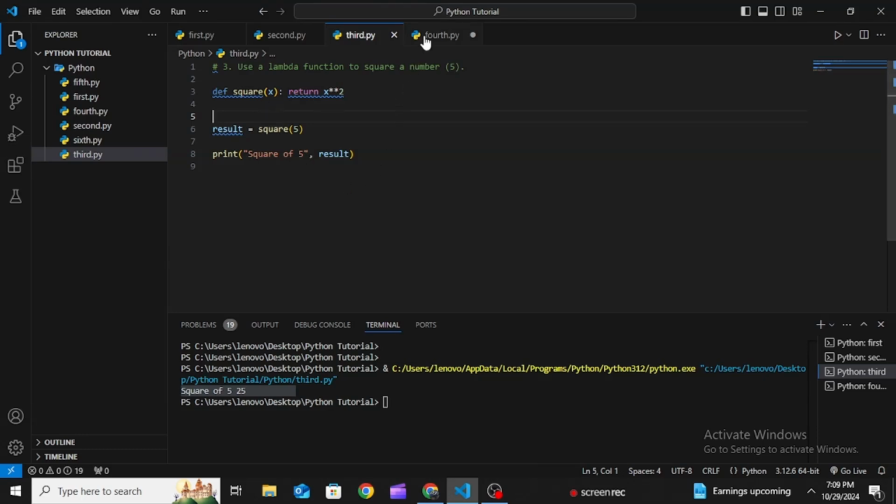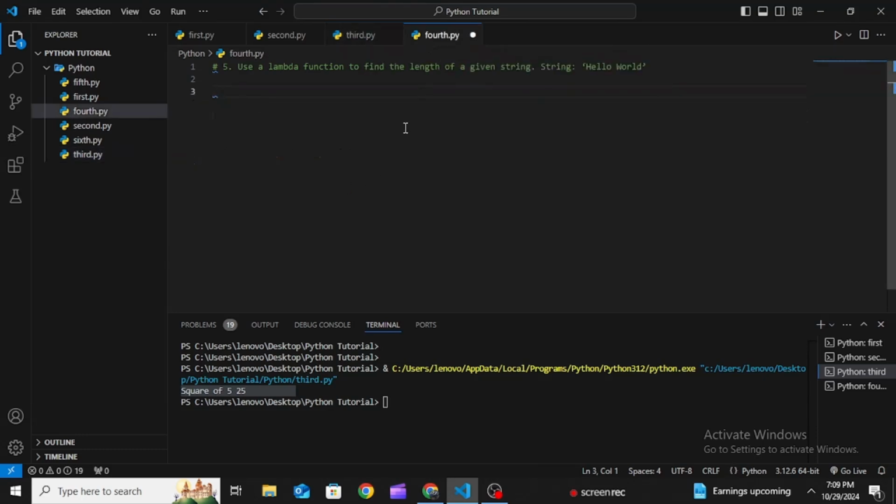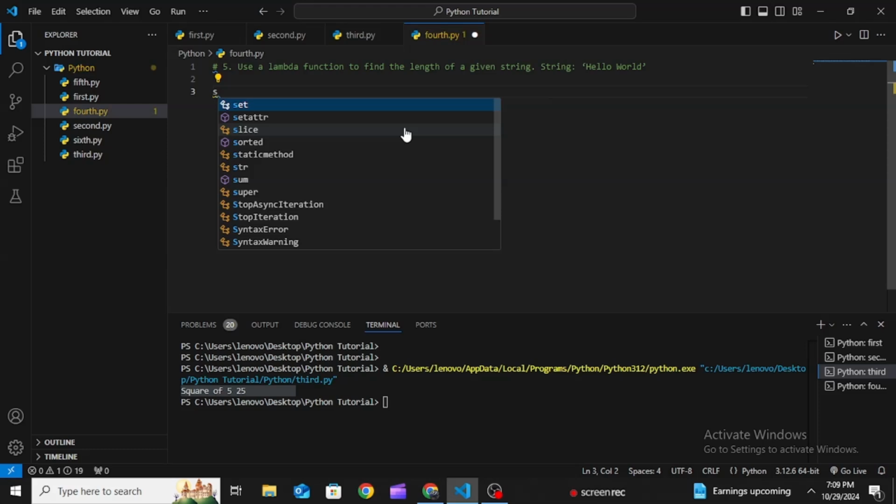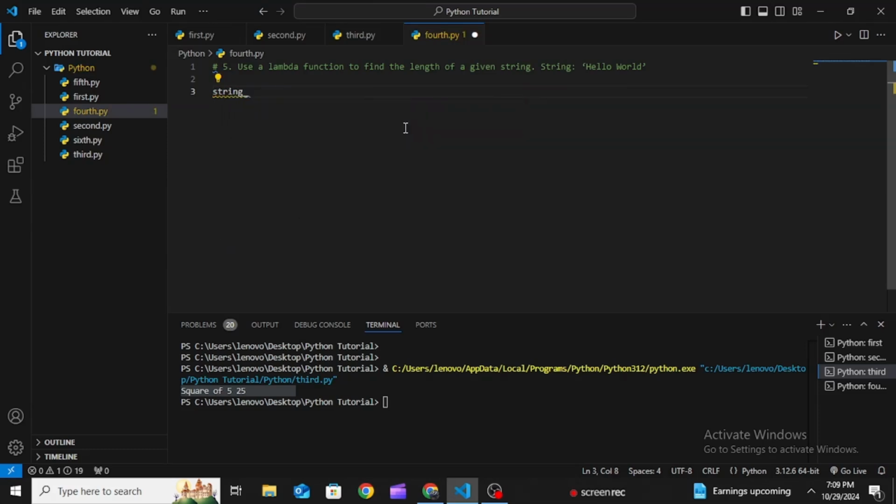Okay, so let's move to our fourth question. Use a lambda function to find the length of a given string, hello world. Okay, so I have shown you how to find the length of the string by using a normal function. Now I will show how to use the lambda function and take out the length of the string. Okay, so what we will do, first of all we will declare a variable for lambda. So we'll take a variable name as string length